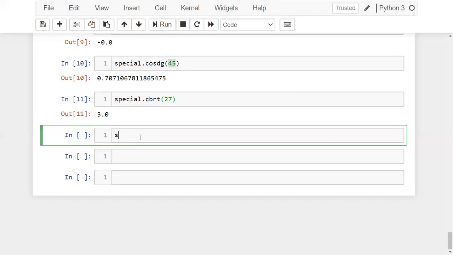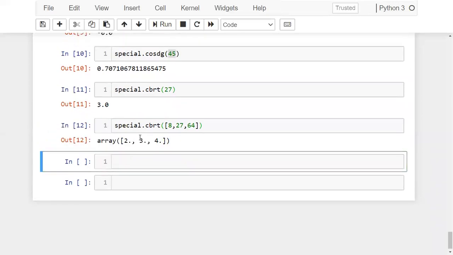In a similar way, if you want to find out the cubic root for multiple values, you can pass those values as a list. Okay, let us suppose 2 cube is 8, 3 cube is 27, 4 cube is 64. Right? I want to find out the cubic root for these three values. Now, can you see?